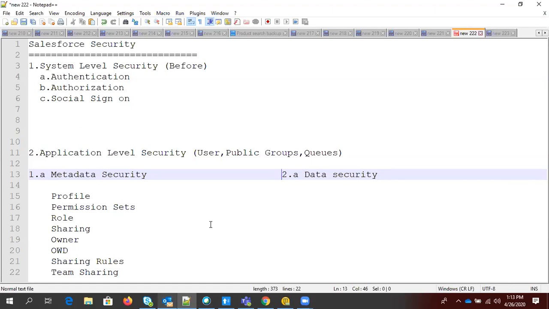Metadata is a structure and data is a moving entity. That's correct. Anybody else? Just explain whatever you think about metadata and data. Sir, object definition is metadata and object record is data.